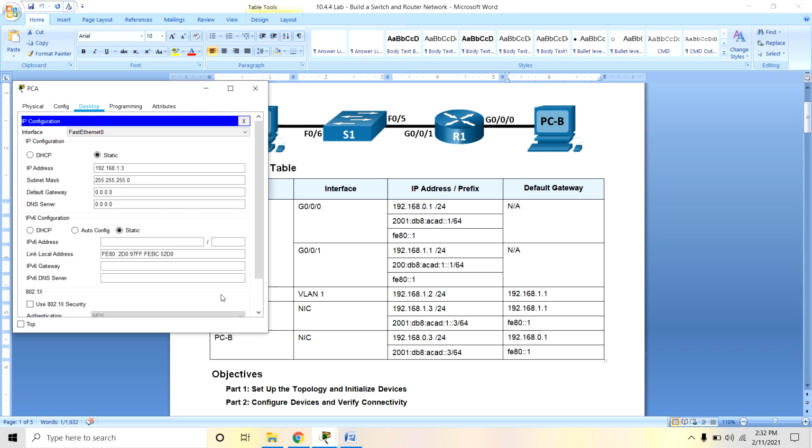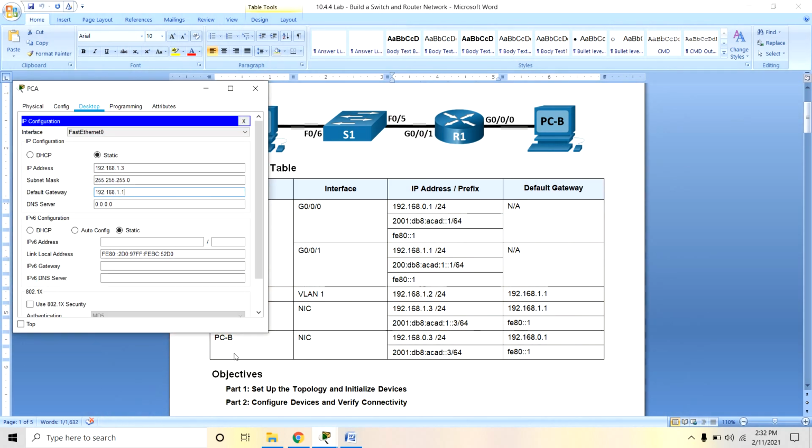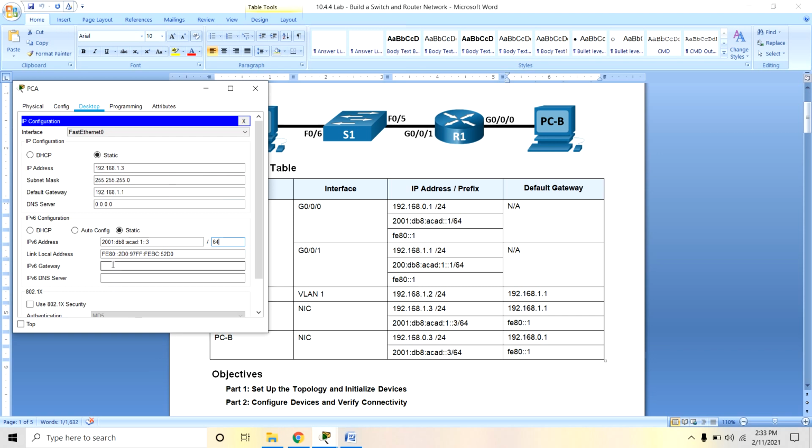You can assign the default gateway here, and the IPv6 address with /64, and the IPv6 default gateway. We have assigned all the IP addresses, subnet mask and default gateway to PCA.